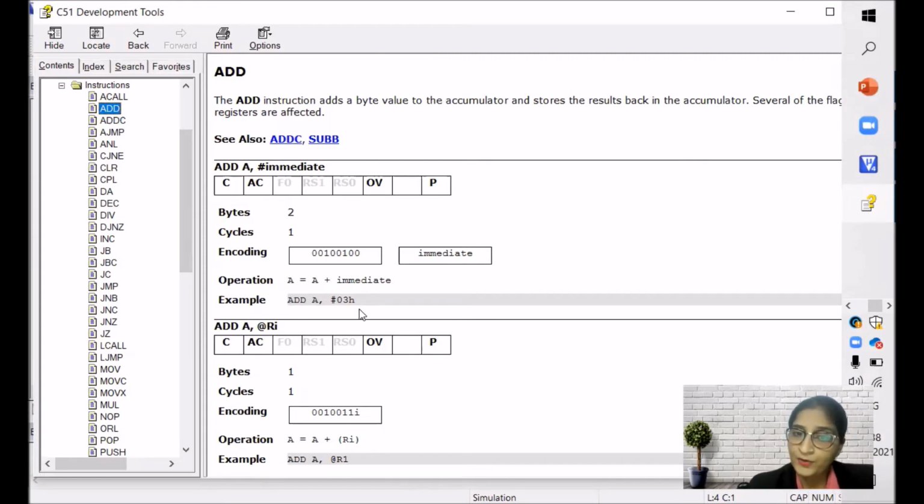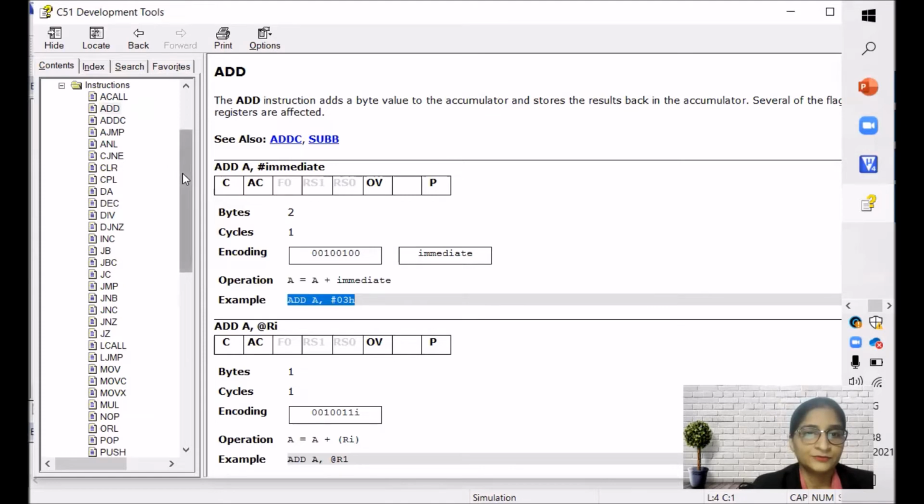Means directly you can add a number. I hope it is visible. Directly a number you can add with accumulator. So suppose already one data is there in your accumulator, then directly you can add second data to your accumulator by using this instruction.